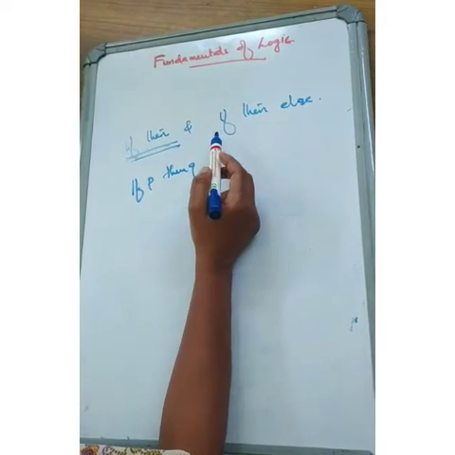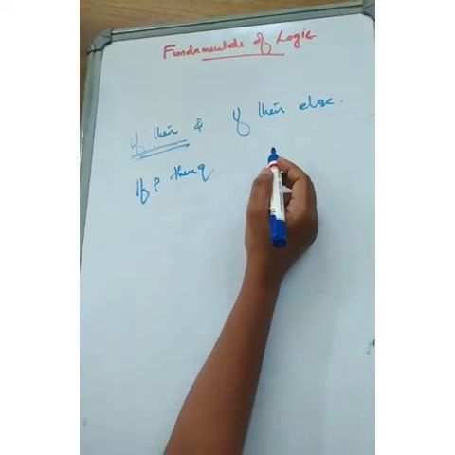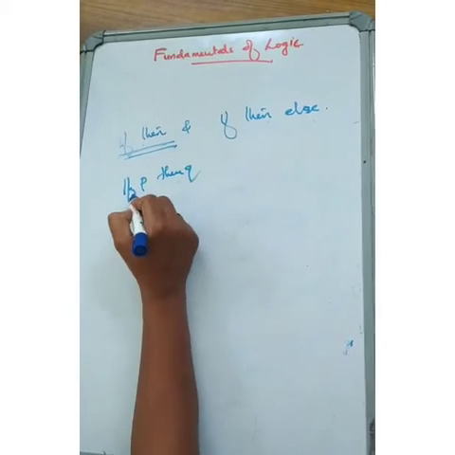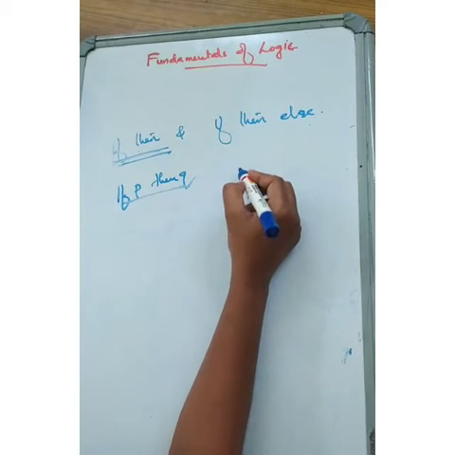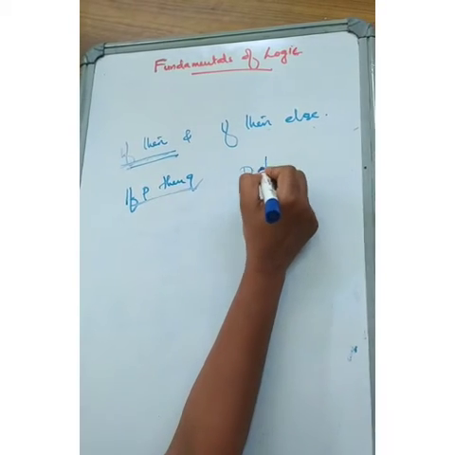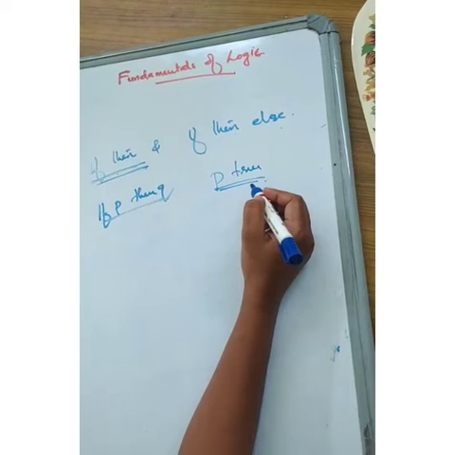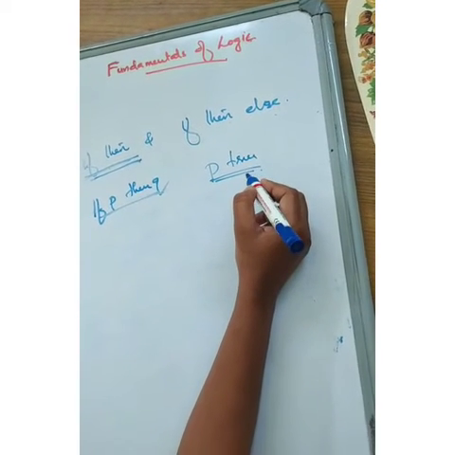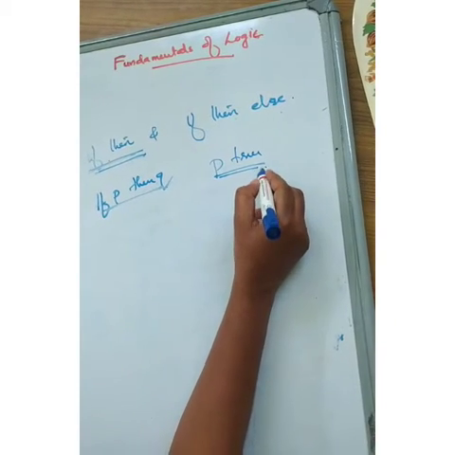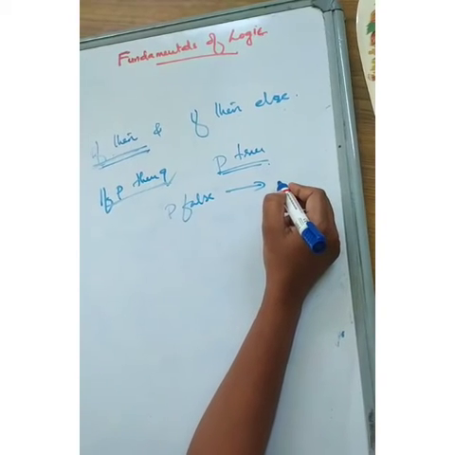In computer science, if-then and if-then-else decision structures arise in high-level programming languages such as Java and C++. When dealing with if P then Q, the computer executes Q only when the condition P is true. For P false, the computer goes to the next instruction in the program sequence.